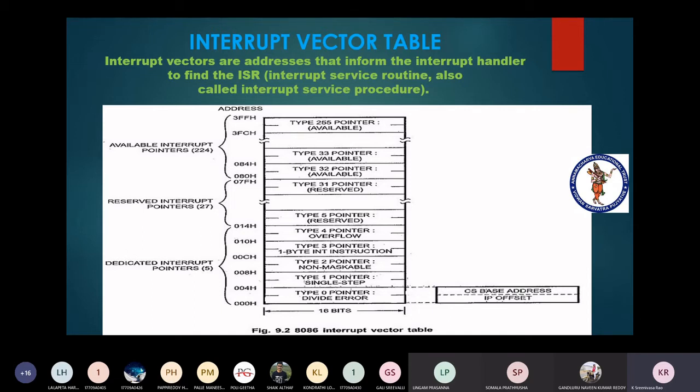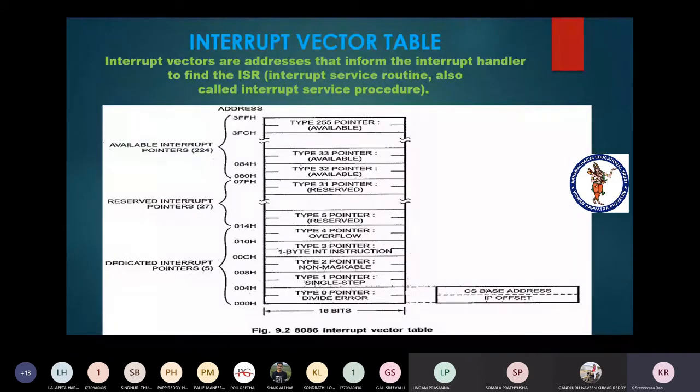Shortly I can explain where it is required. So these are the reserved interrupts. These are the available interrupts, otherwise we call them interrupts you can all use. So this is about the interrupt vector table. It can be stored in the first 1 kilobyte of memory space, particularly the RAM area, because we have to write and read data from the interrupt vector addresses. This is very important. Please prepare this properly with the diagram.